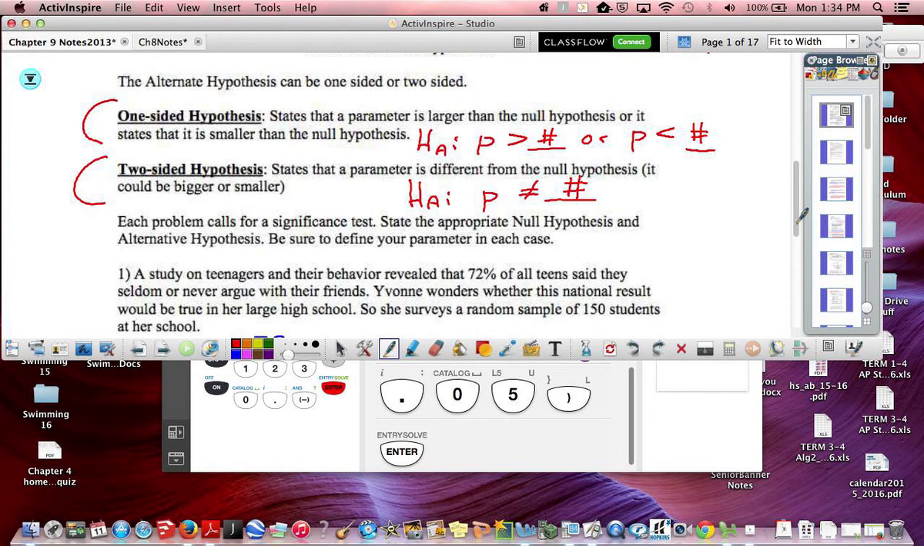A study on teenagers and their behavior revealed that 72% of all teens said they seldom or never argue with their friends. Jovan wonders whether this national result would be true in her large high school. So she surveys a random sample of 150 students at her school. So in her case,